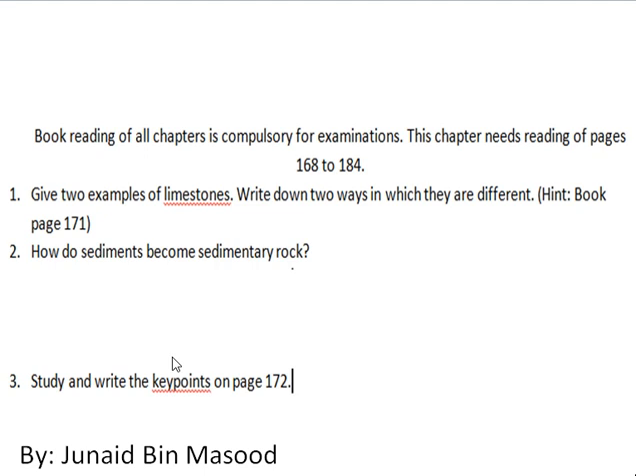Make sure you are properly giving the heading, date, index, and everything. So first of all, give two examples of limestones. Write down two ways in which they are different, and if you are having difficulty, use book page 171, or you can also personally send a message on WhatsApp. Don't post in the group, please. And question number 2: how do the sediments become sedimentary rock? Now, question 3 is basically homework. Now, coming to the homework,